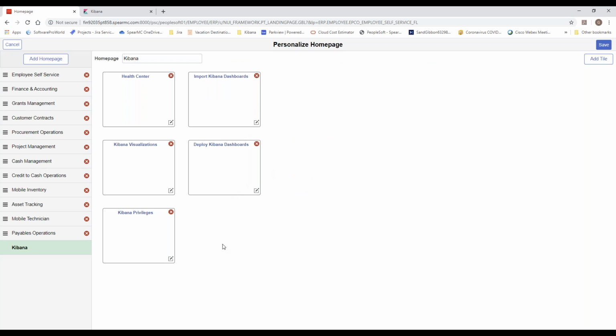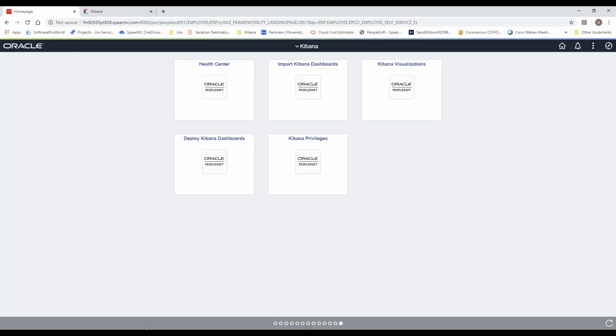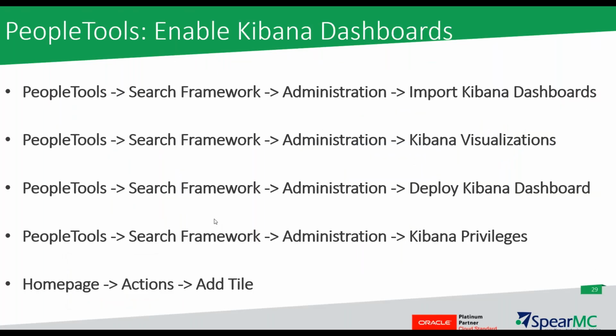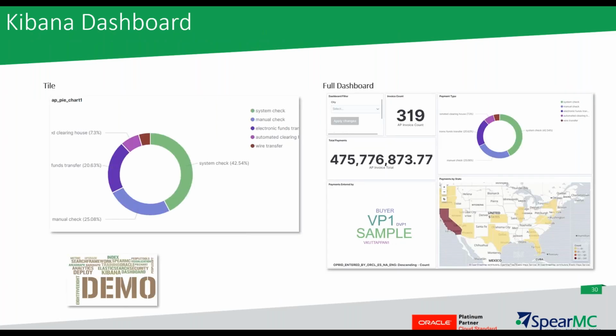Gary? So yes, just to be clear, this is a custom home page that you created to facilitate putting these Kibana processes on that home page. Yeah, so I will flip back here real quick. Basically, I took these links that were here and put them on that page for quick reference for me. Right. You're right, Matthew. Yeah, I just wanted to reemphasize that a little bit. Okay.